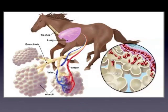And you see another diagram here that's showing a horse where you have the trachea, which leads to the lung, which splits smaller and smaller into these bubbles, these alveoli, which are surrounded